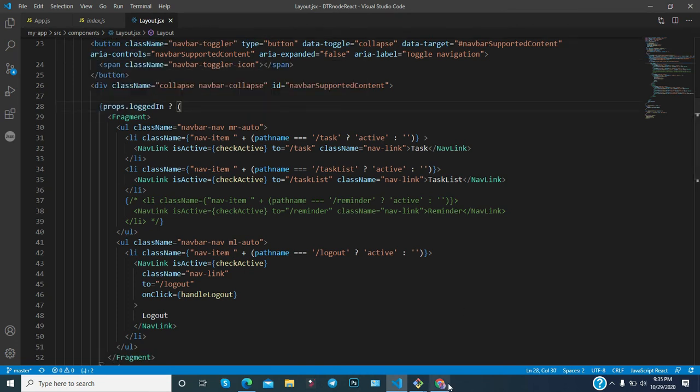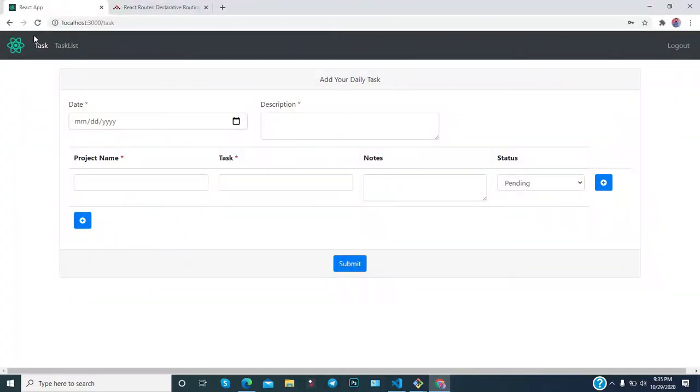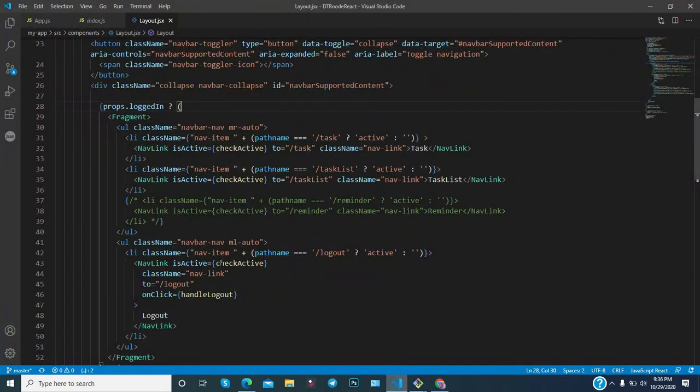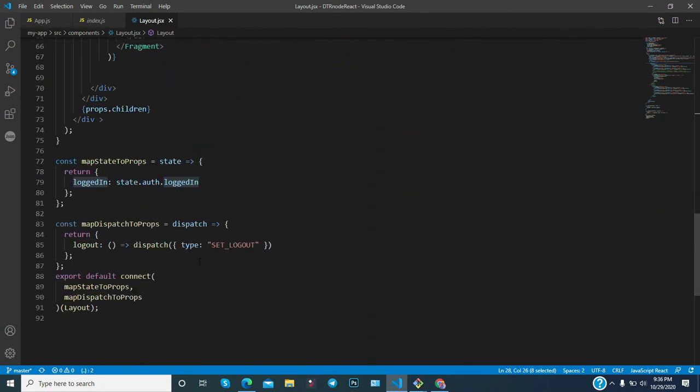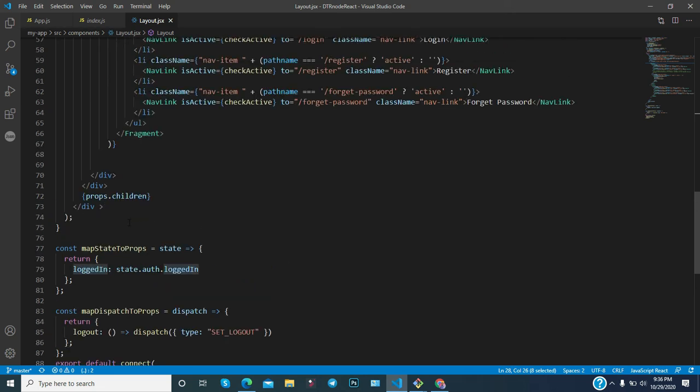As you can notice, some of the links we are showing based on user authentication. If the user is authenticated, then we will show this link, otherwise we will show a different link. For this we have utilized props.login. Here, as you can see, we have used Redux to get the login detail, whether the user is logged in or not.